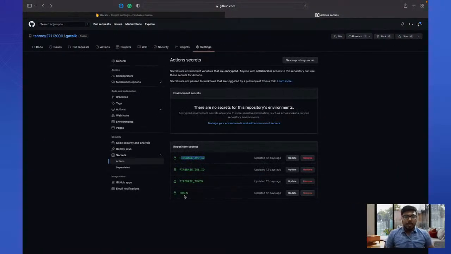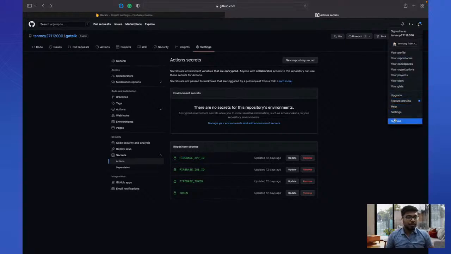Okay, so now we have to add the GitHub token. So how to get a token? What is a token for GitHub? It is a token that will help us to automate the process in the projects. So to do that, we have to go to our profile, we have to go to settings,